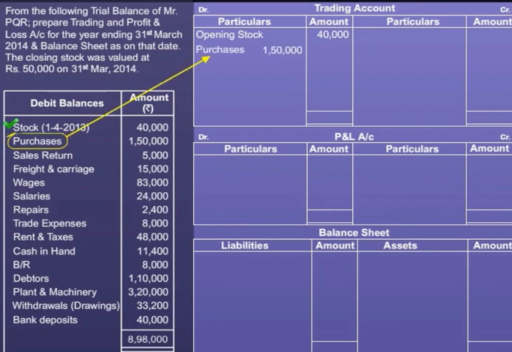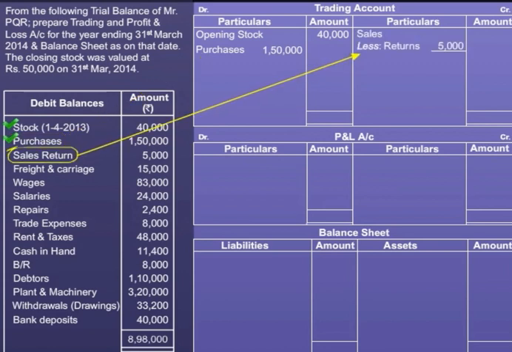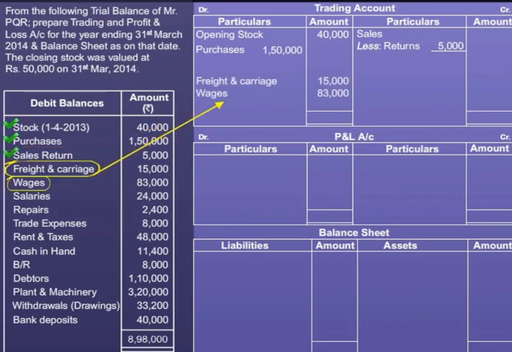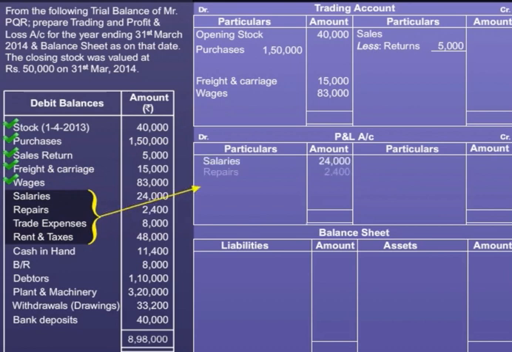This also belongs to the trading account. Similarly, you can record sales return like this. After this, we have freight charges and wages. These are debited in the trading account. The next 4 items are the indirect expenses and hence are shown on the debit side of P&L account like